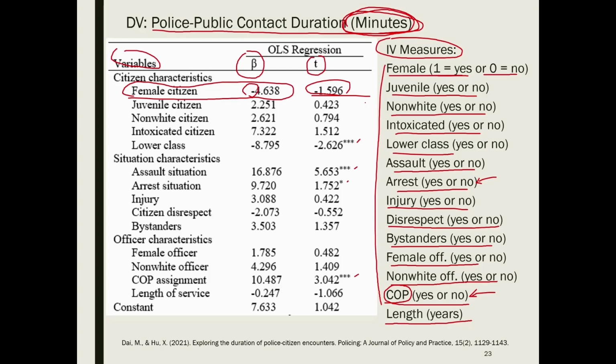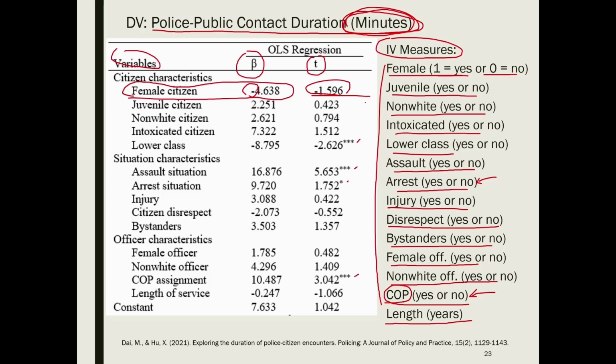Okay, so in theory or statistically speaking, the citizen's gender has nothing to do with the police public contact. Although we can see they may reduce the time by about 4 minutes based on the coefficient, this is not a statistically significant impact. So statistically speaking, the gender of the citizen has no significant impact on the